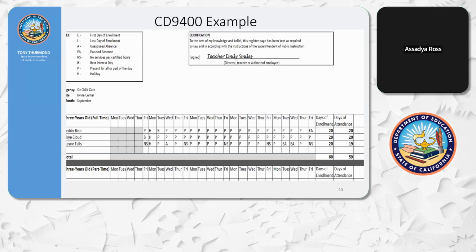On the September 9400, you'll see the first line of Teddy Bear under the 3-year-old full-time category. On this line, we want to ensure that that best interest day on the first Tuesday of the month is indicated, which it is, by that B in that first Tuesday column. Teddy Bear was present in the program every other day except for the very last day of the month in which Teddy Bear was sick, and teacher Emily signed to notate that. You'll see on this CD 9400, the last Friday of the month on Teddy Bear's line, there's an EA indicated, which shows that this is an excused absence. So that sick day is